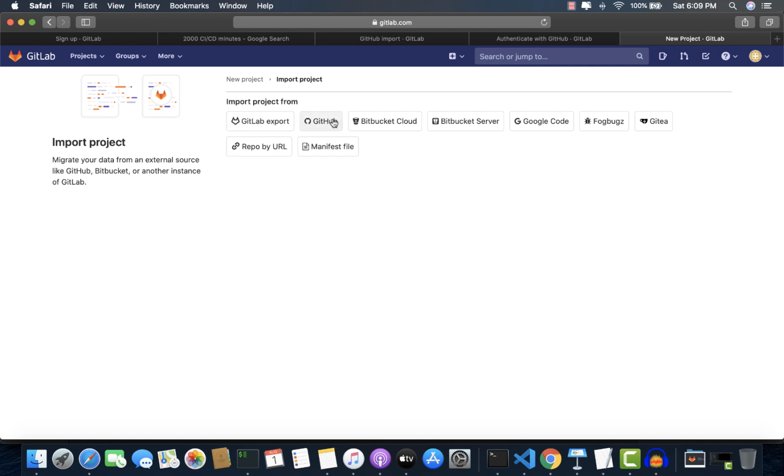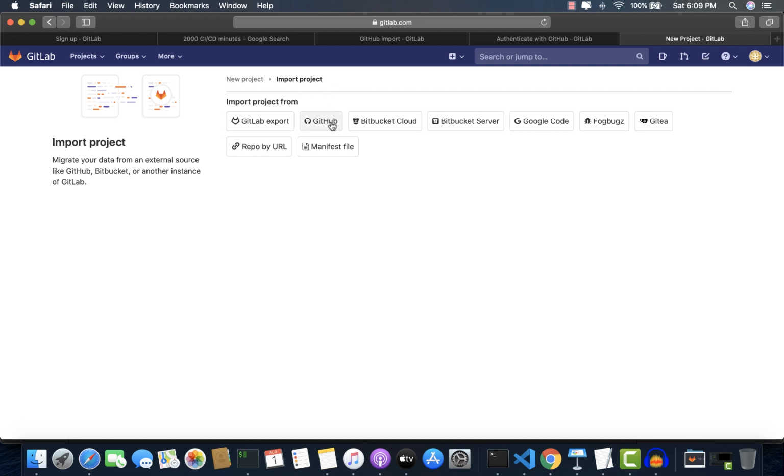Or if you want to import from GitHub, Bitbucket Cloud as well as Server, or from Google Code, or other tools like FogBugz or Gitea, you can do it from there as well. If any source code management tool is not listed over here, like CodeCommit or any other tool, you can always pull it from the repo by URL. You can just provide a URL and you will be able to import with that.